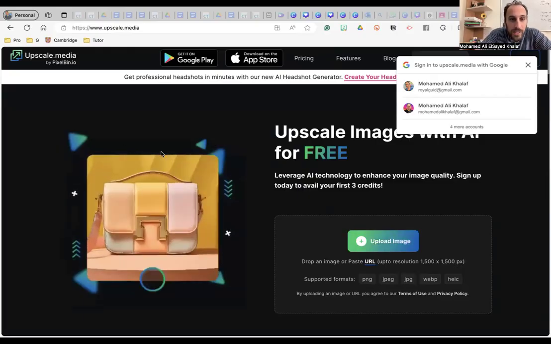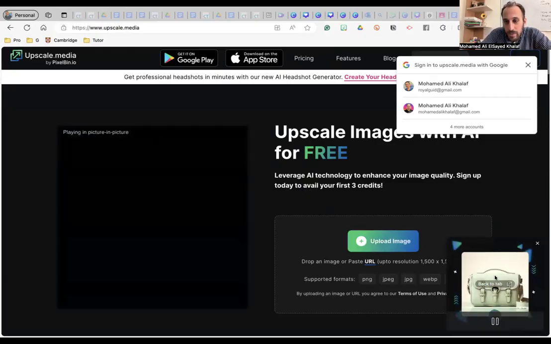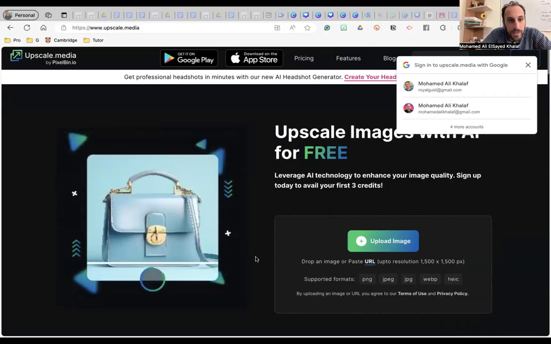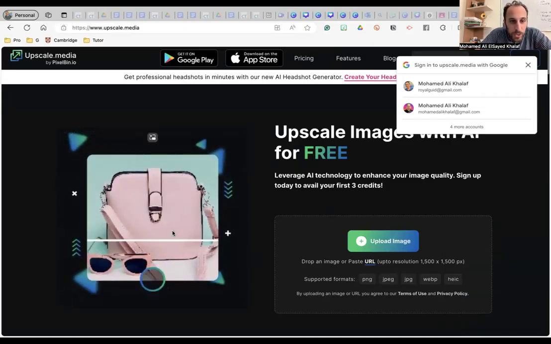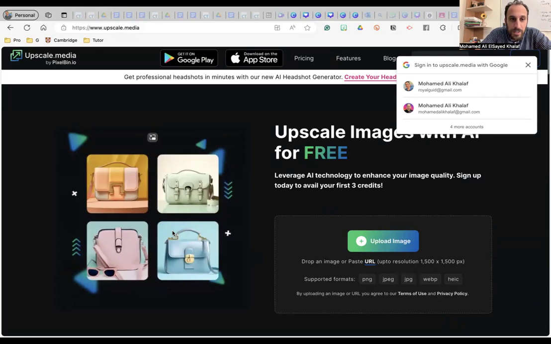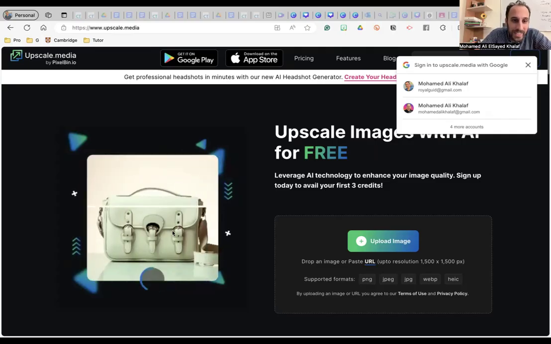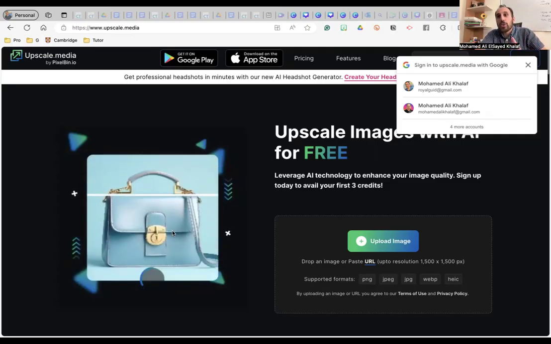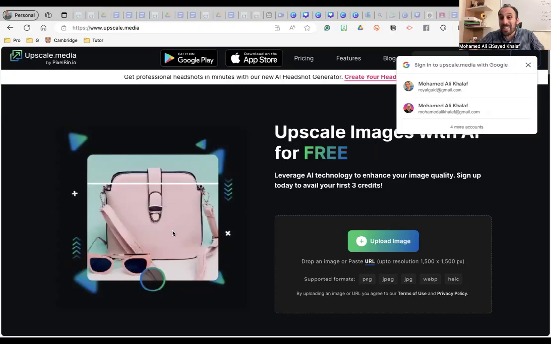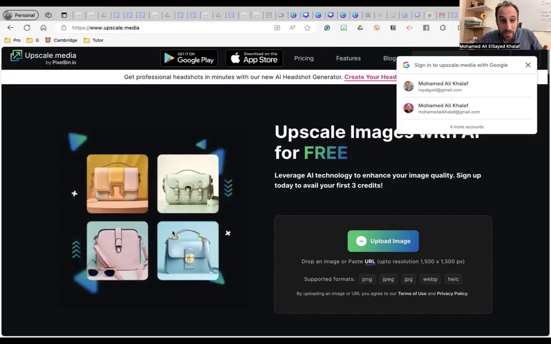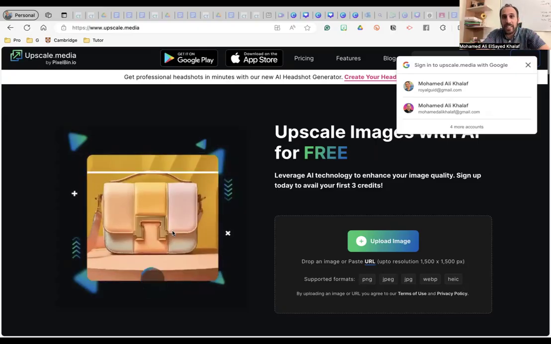If you look here, the bag was not really good, but after they used upscale, it became way better. So we use this to improve the screenshots if they're not clear from the book. Upscale makes it better.